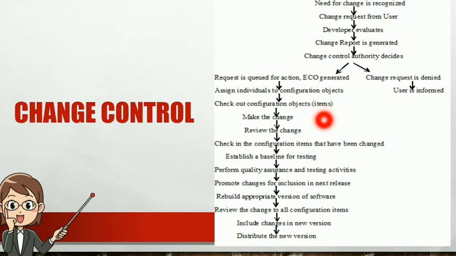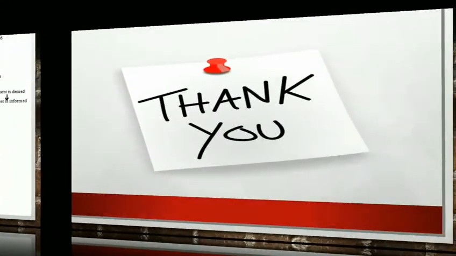This version control mechanism, integrated with the change control process, implements two important elements of change management, that is access control and synchronization control. Before making the changes, the configuration items are checked out and the change is made. After making the changes, the review is carried out by the authority members and the technical expert. Whatever changes are made by the developer are reviewed by the technical experts. Then we check in the configuration items